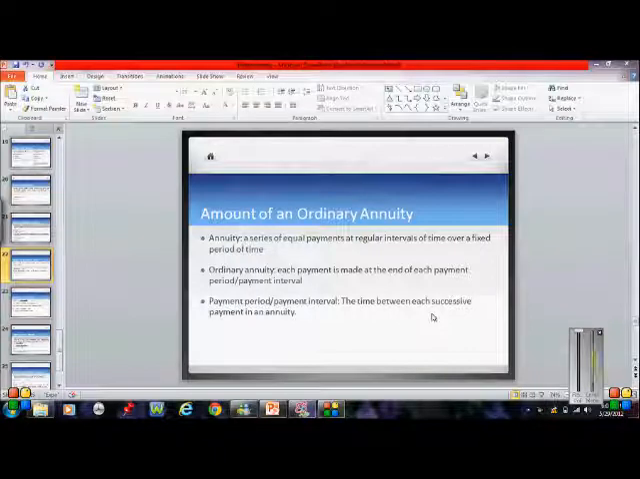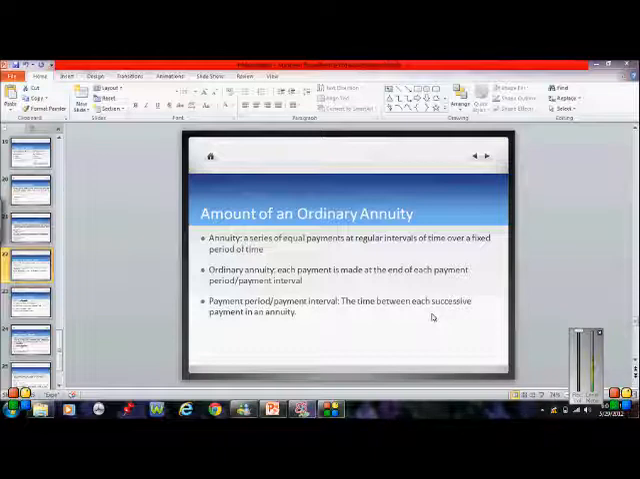An ordinary annuity is when you make payments over a period of time, and the payments are made at regular intervals, and they have interest added onto them. I know it's a little hard to understand, and that's just because the definition is hard to put into words, right? But I would say the best definition that I could give for an ordinary annuity is